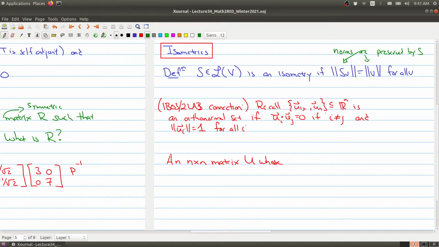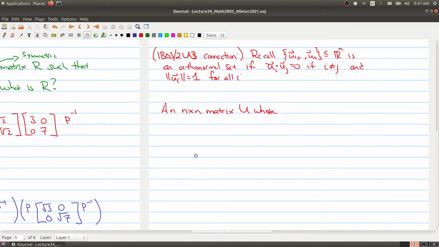Now again, let me try to tie this back into math 1B03 or 2LA3. Recall that we say that a collection of vectors in Rn is an orthonormal set if each pair of distinct vectors is orthogonal, and the length, or the norm, of each vector is 1 for all i. And an n by n matrix U, whose columns are an orthonormal set, is called